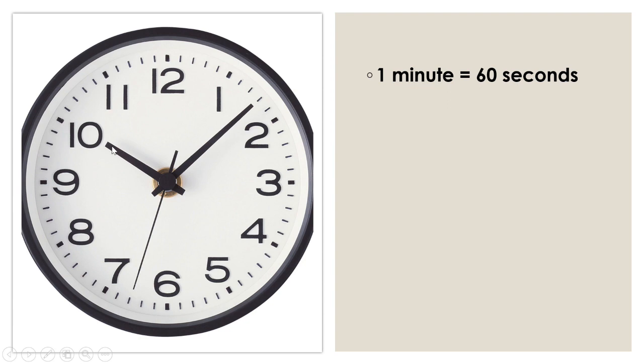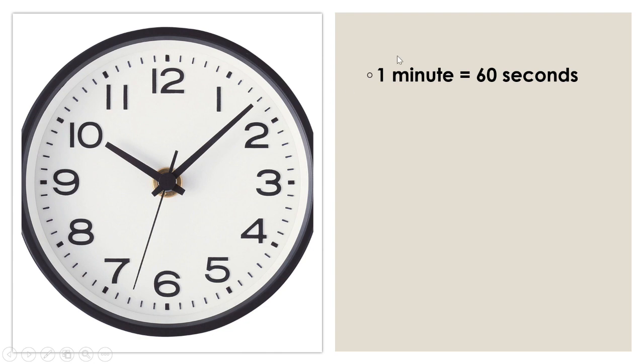Now let us come to the hour's hand. Now dear children, the hour's hand will also go around the clock like this, the way the seconds hand and minutes hand have gone. But the hour hand is the slowest of all. It will take 12 hours to complete one rotation.